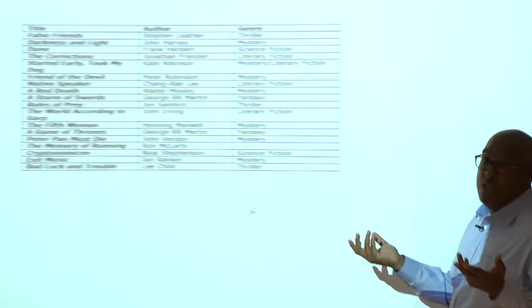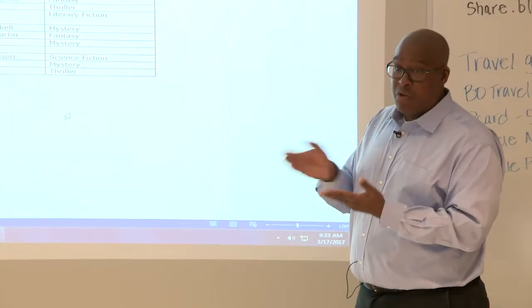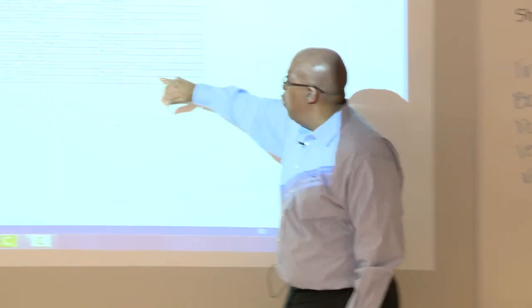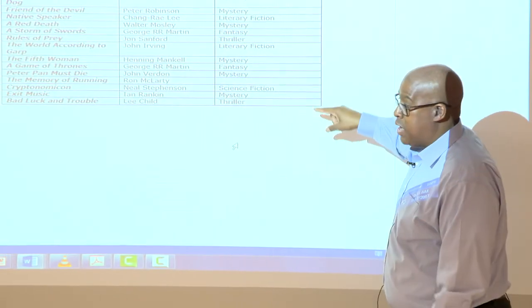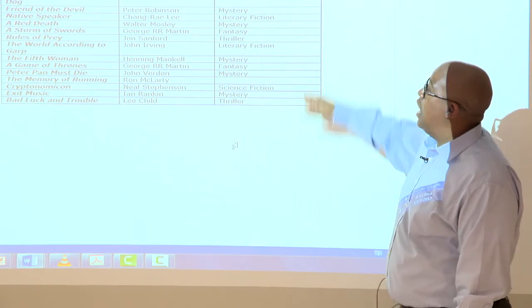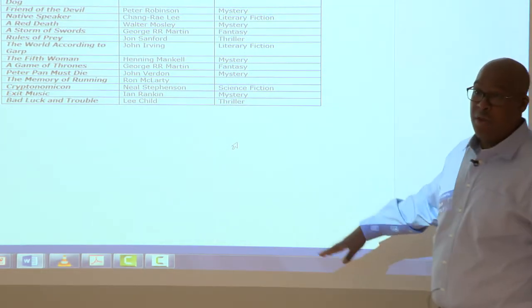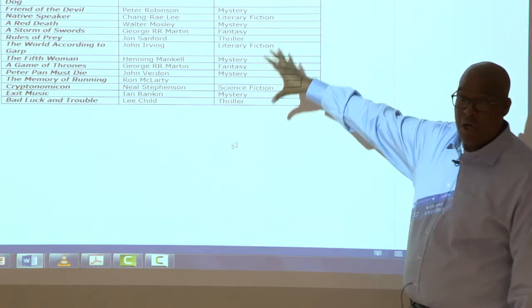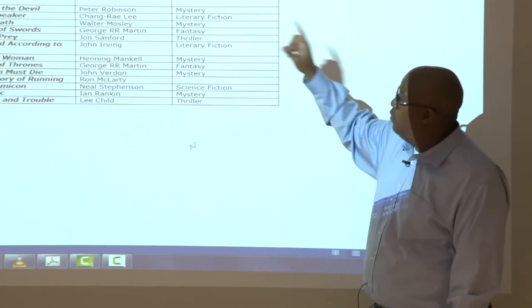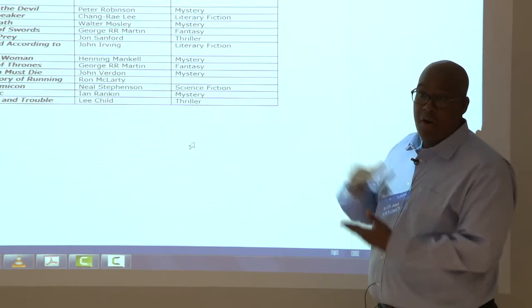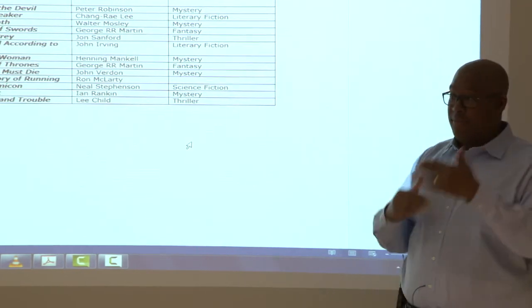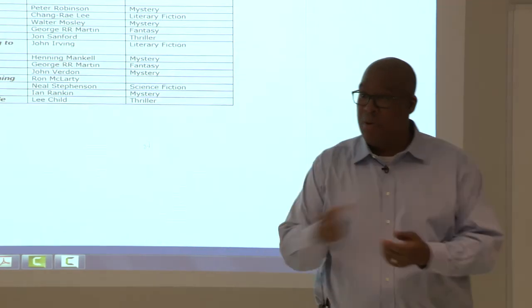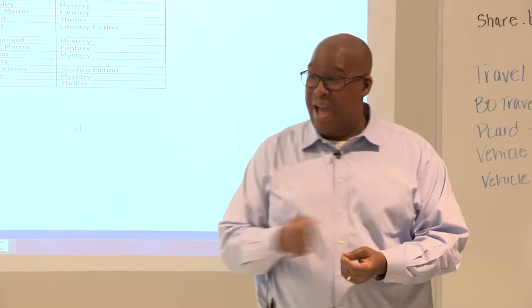It's an accessibility feature, but even if I just have one extra row that goes to the next page, I want title, author, and genre to go with it. If this table is 8 pages long, on every page I want title, author, and genre to be there, right? So people don't have to flip back and forth.